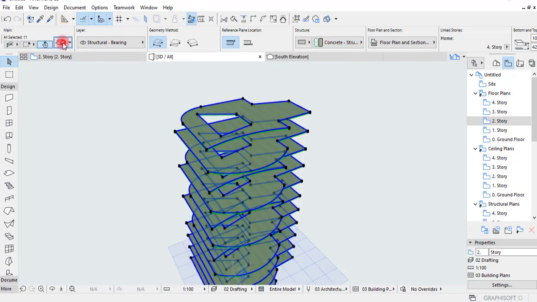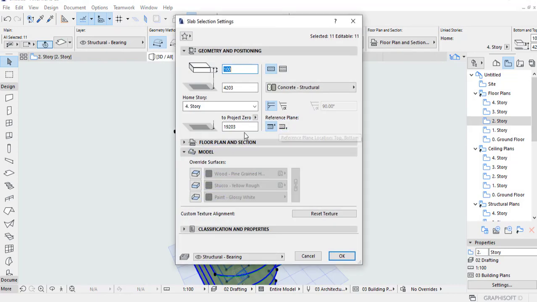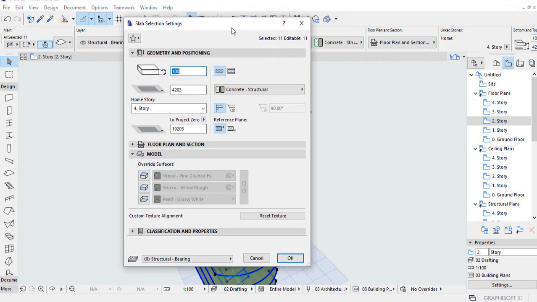And if you double click on the settings, you can change a couple of other things. You can change its thickness, you can change the material again here. You can again decide on different surface materials. So this is the top surface, this is the edge surface, this is the bottom surface of the slab.